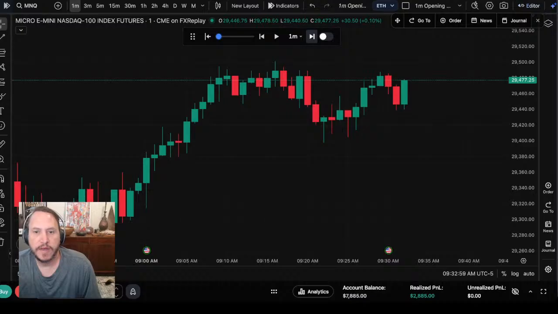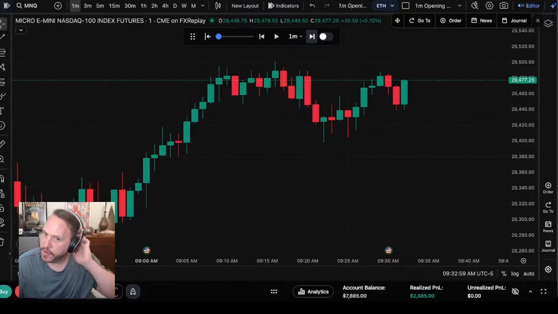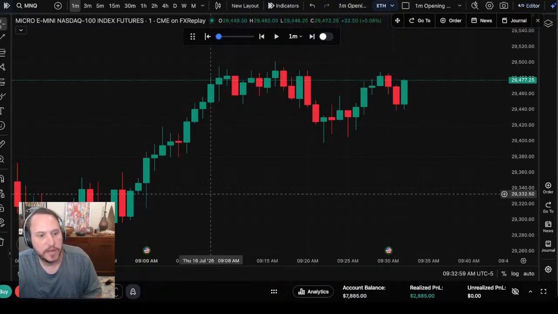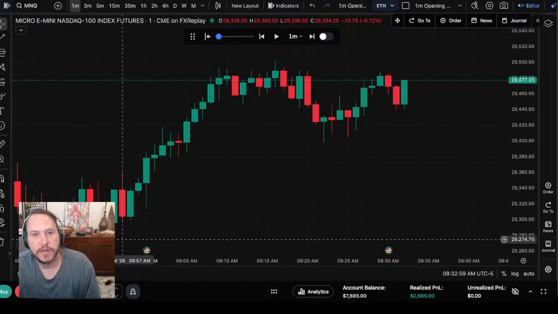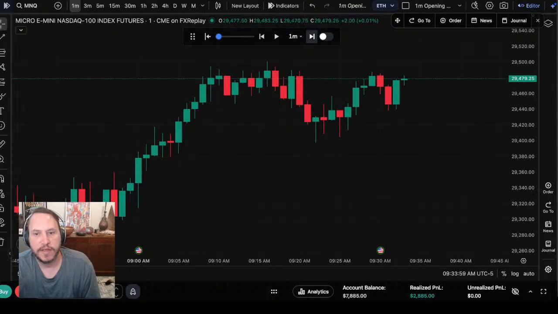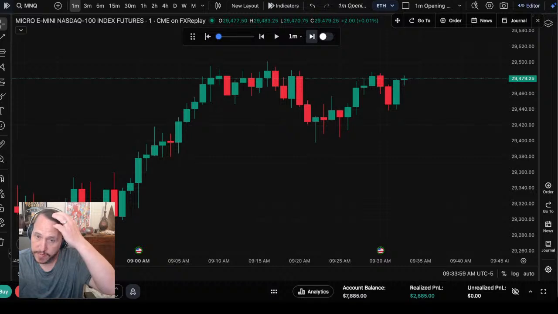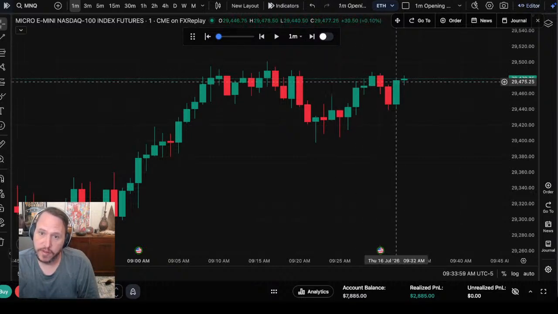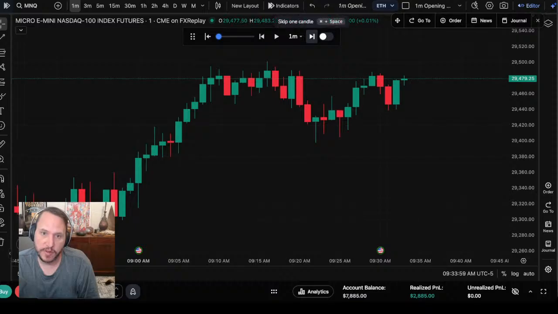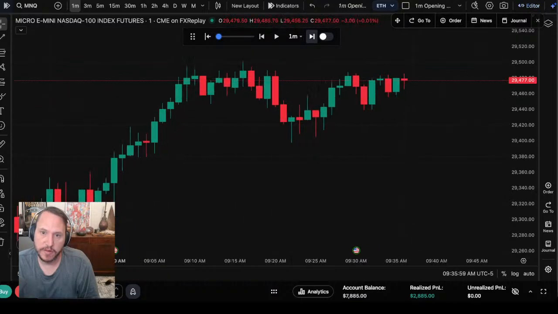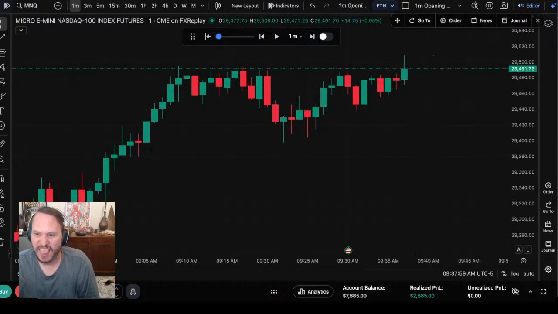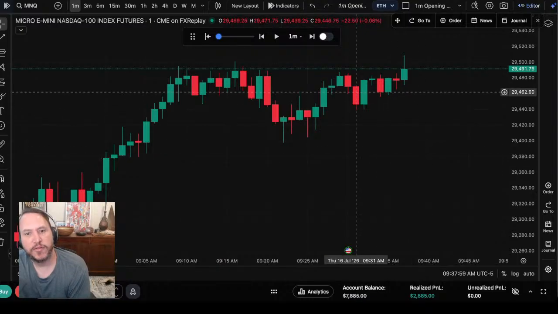Telling you, I don't know about this one. I don't like that it's only one. I probably would let it go one more and then decide. I'm going to call this a no. That's too choppy. It probably is going to be a winner though. Yeah, it would have been a winner. Because I don't like it when it's one, when it's like right there.